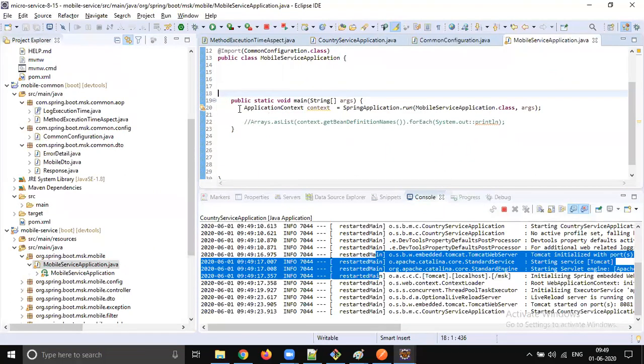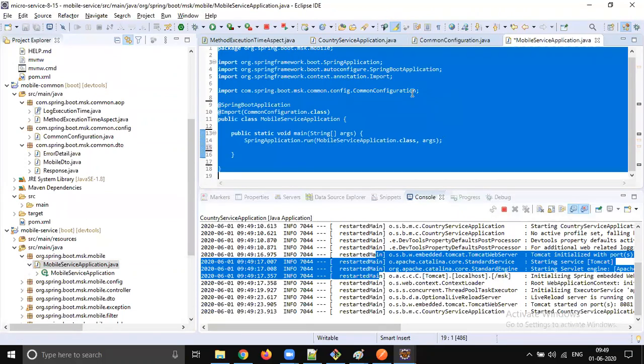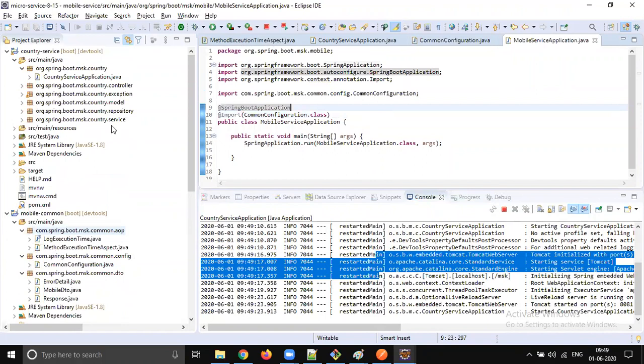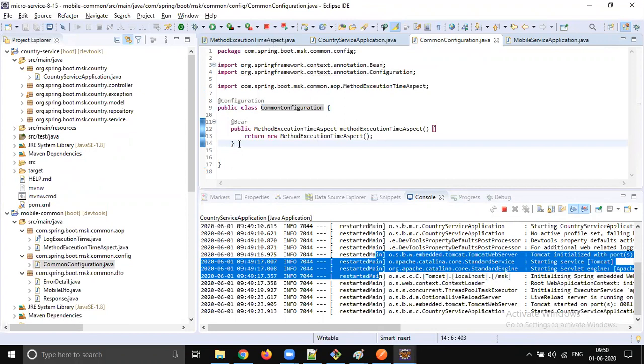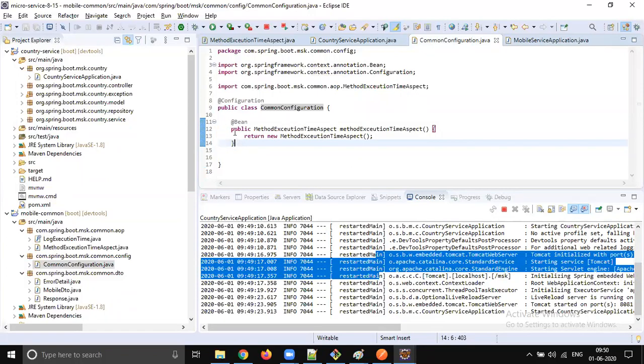We will put lots of code in the common configuration. We need the API and Swagger configuration, we need error configuration, we need the logger configuration, so everything we will put over there. That's why we wrote a separate class. Not only one configuration, we need to configure the filter, the validation messages, the Swagger integration. Everything we need to configure here. That's why we created a separate class.